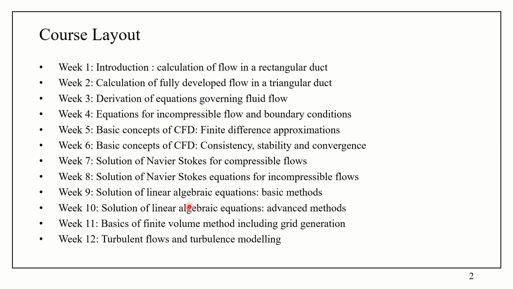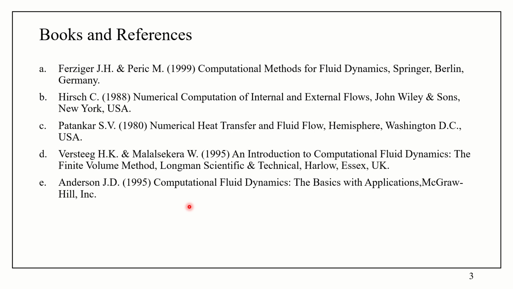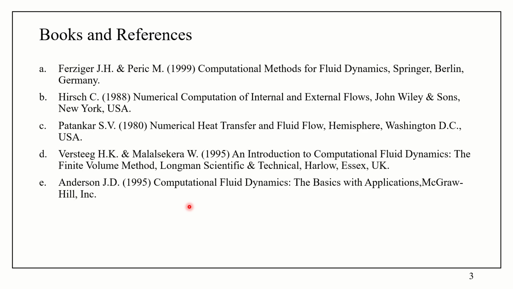So this is a basic layout of the 12 weeks course. I hope you all now know what it is. And moving on, for the books and references, you have 5 books in total. The first one is Ferziger and Peric, Computational Methods for Fluid Dynamics, and the second one is Hirsch, Numerical